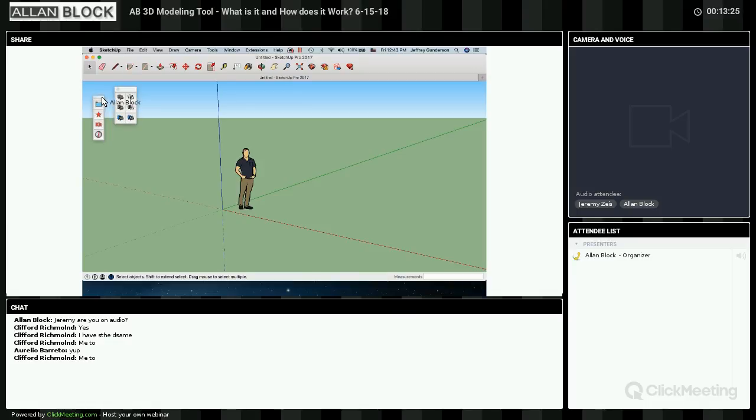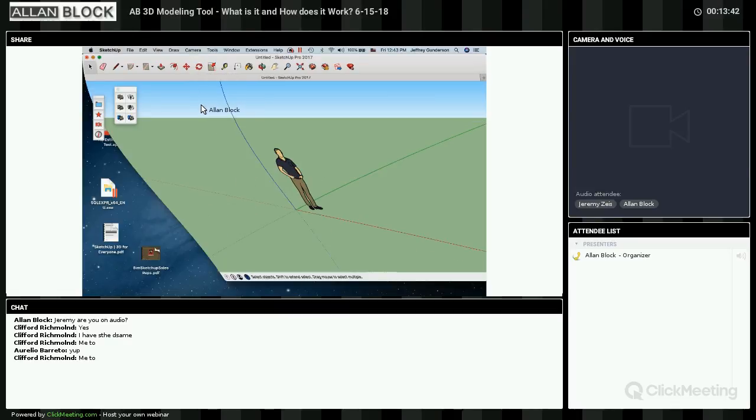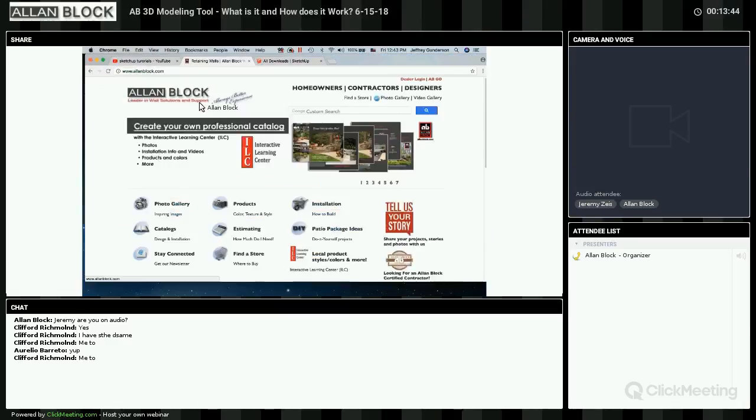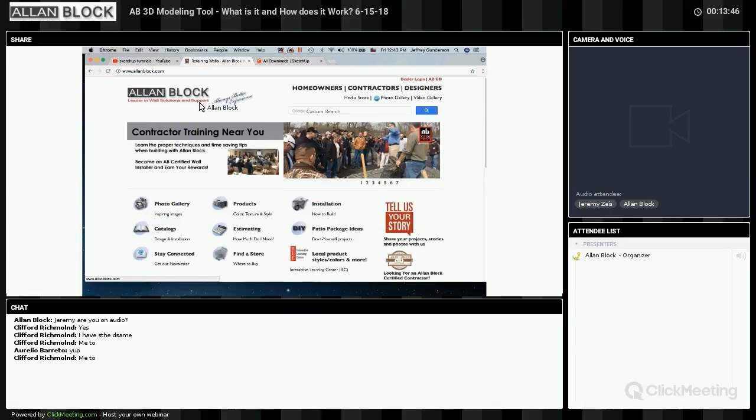I'd like to go back now and show you how to get the retaining wall app that we're going to use to design our wall that we bring into SketchUp. So if we close down SketchUp, come back over to our browser. If we come over to Allan Block, here's our website. Go to www.allanblock.com. And then if you come down here to Estimate,